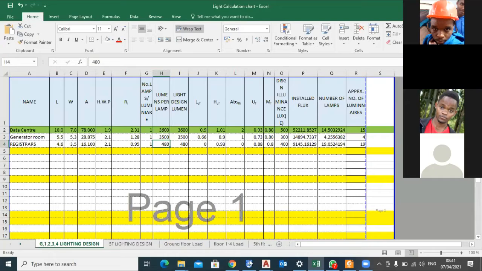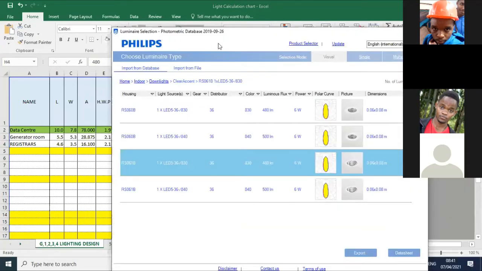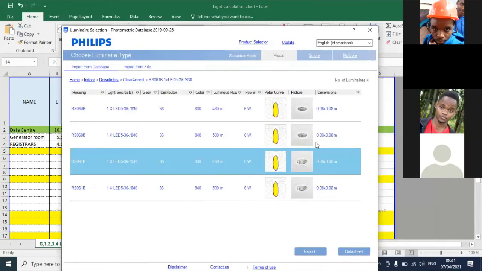From the same family. So niangalie hiyo chart. Because if you look at this, ni downlighter 6 watts. 6 watts ni kidogo sana. I think zote ni hizo. But